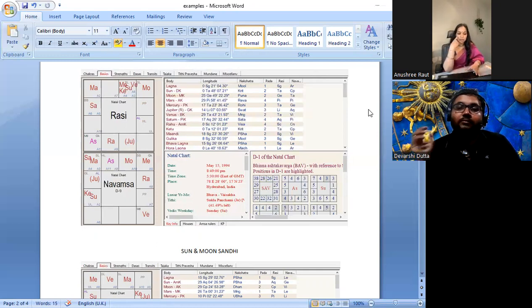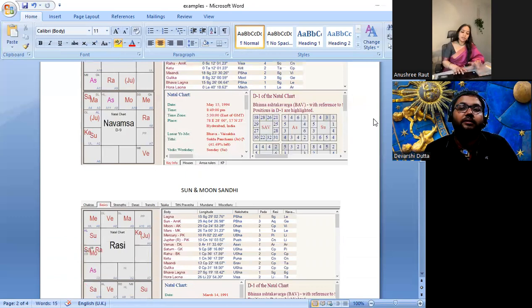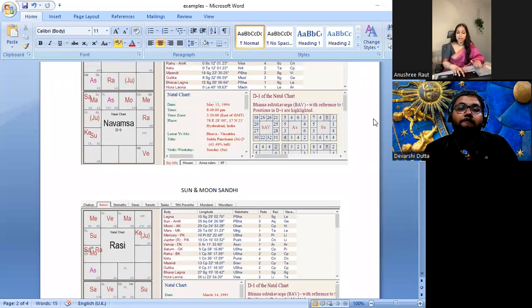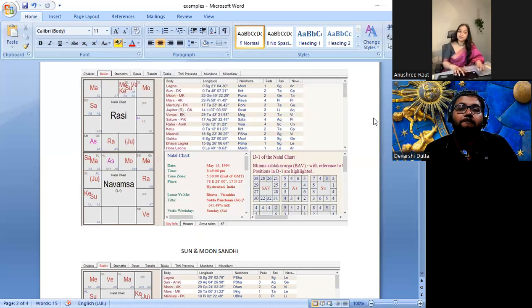Okay, let's go to the next chart. And Mars also. Mars is Atmakaraka here. Mars is also in Sandhi and it is in Gandanta. The person is very spiritual. It's in the 4th house. What is the 4th house? College, home. It is not the 4th lord. It is the 5th lord of skill set.